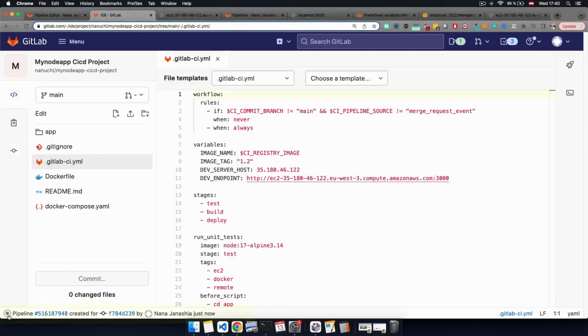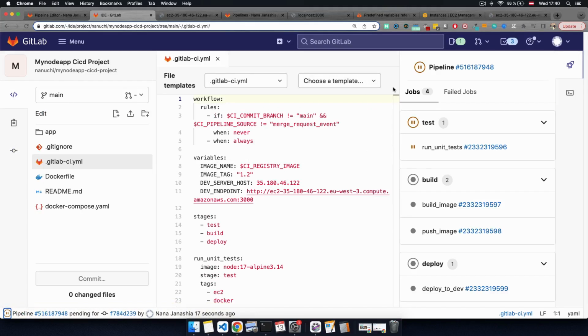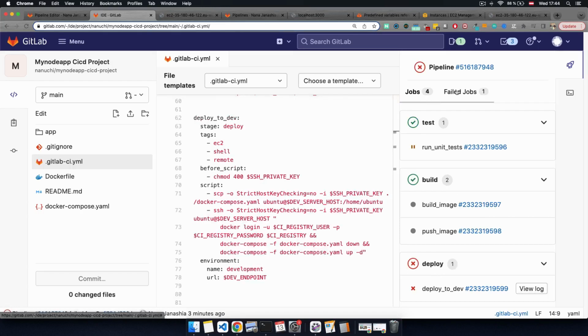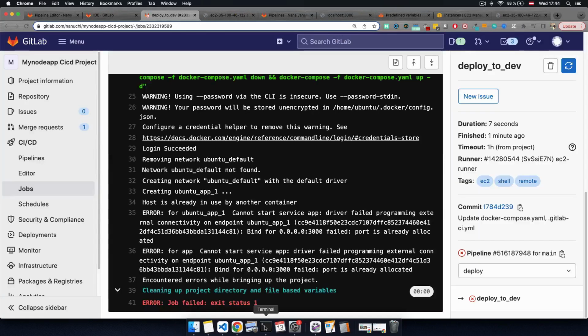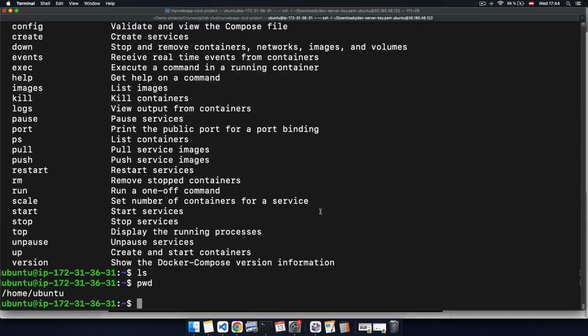trigger a pipeline. And you see that pipeline was created, and you again have this different view of the pipeline. You have multiple ways of viewing your pipeline and links to it. In a web IDE, that's the view of the pipeline. So the run unit tests job is running in the test phase. And let's actually wait for the whole thing to execute. So our jobs ran. Again, we have an error in the deploy job, which is because we didn't stop the running Docker container